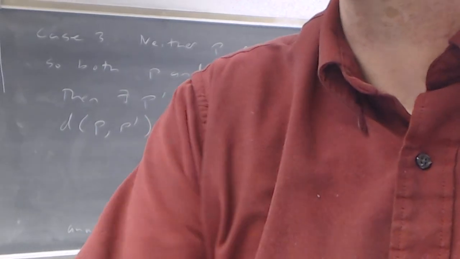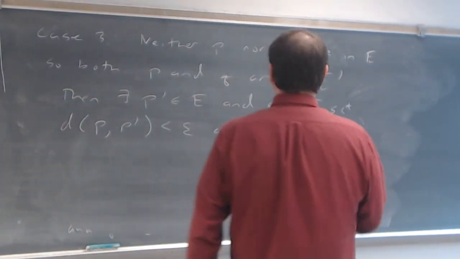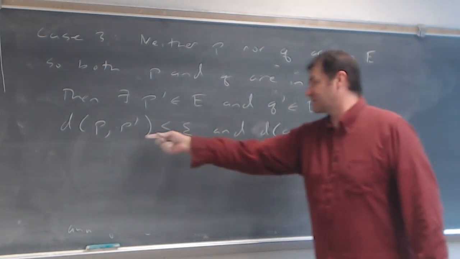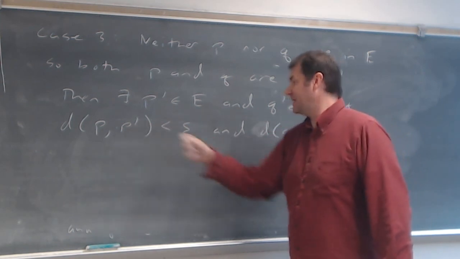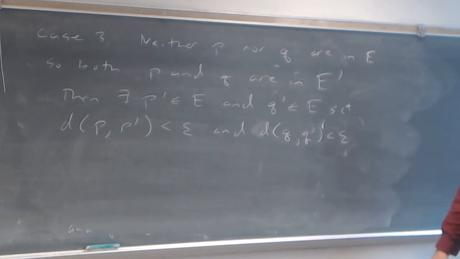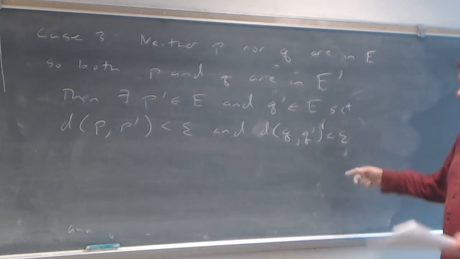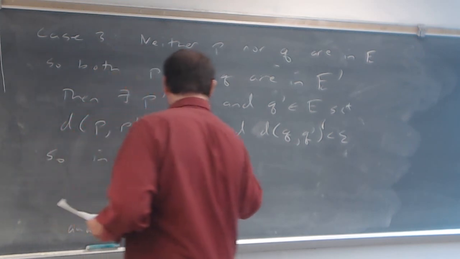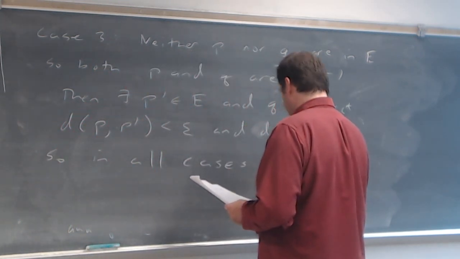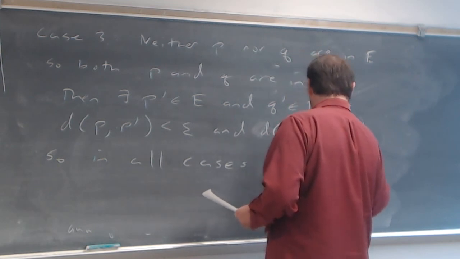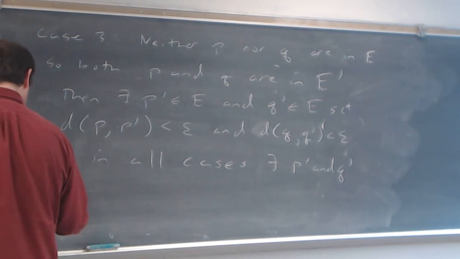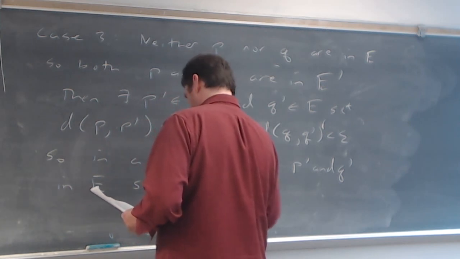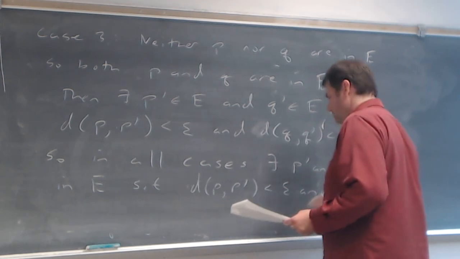And here, we're using that same idea. Because P and Q are both limit points, there are two points in E, one that can be made really close to P, and one that can be made really close to Q, because P and Q are limit points. Okay. So here, what we say is, in all cases, there exist P prime and Q prime in E such that the distance from P to P prime is less than epsilon, and the distance